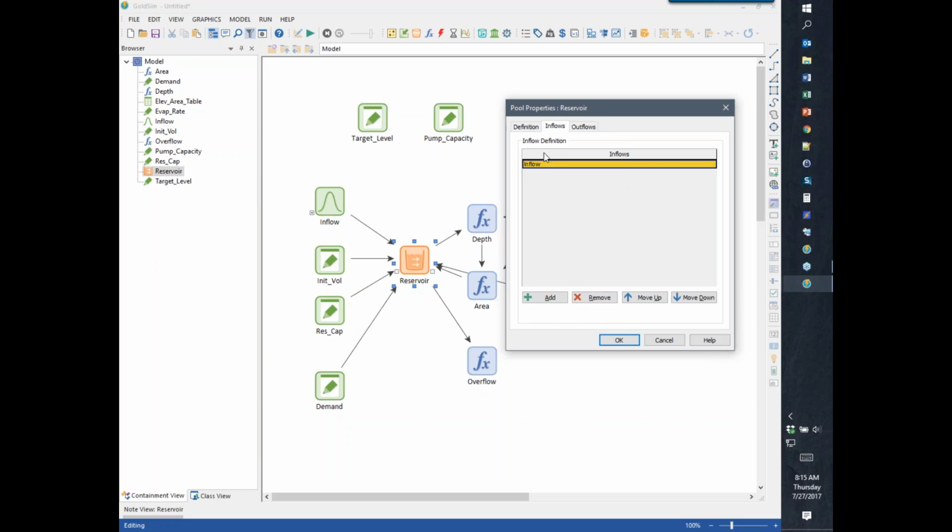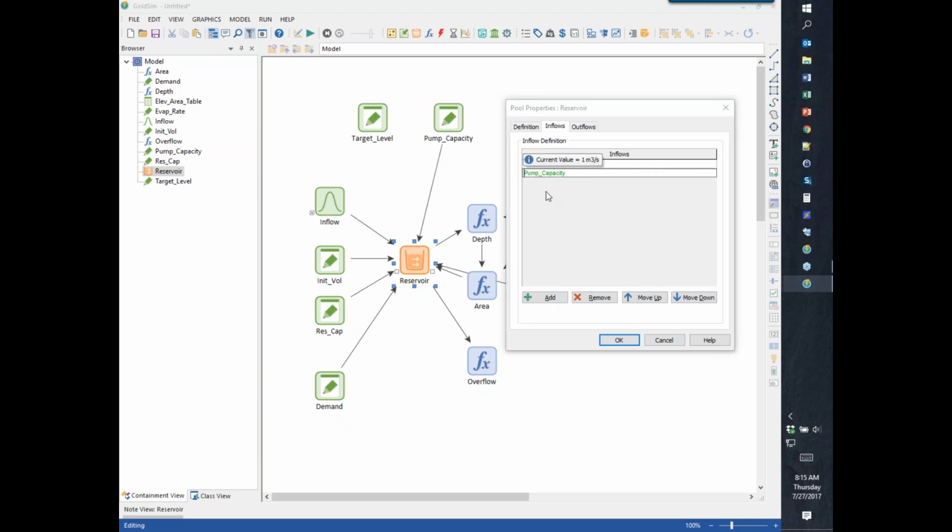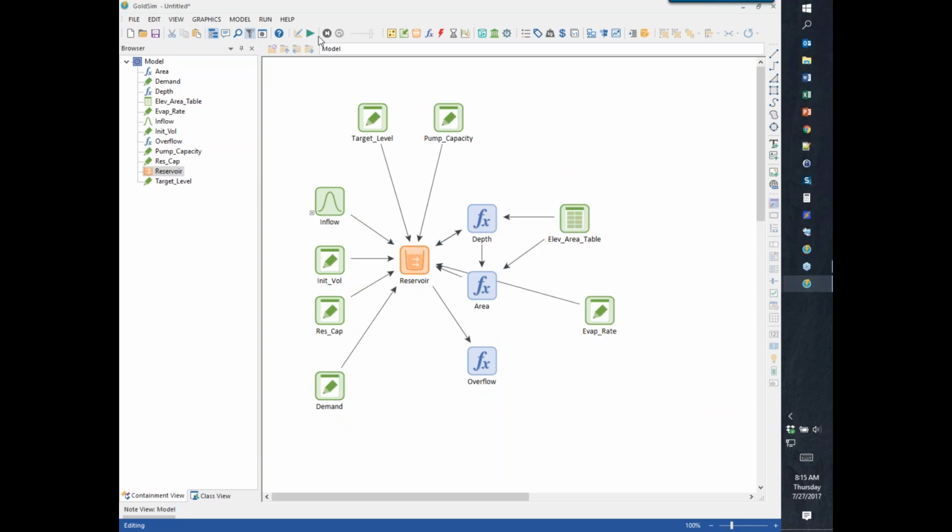So I'll go over here into the inflow, and then I'll add an item here that refers to the pump capacity. And I'll say if the depth is less than the target level, then you run the full pump capacity. Otherwise, it's going to be 0 liters per second. So you could just put an if statement in here just like this. And let's see what happens. So then we run the model,